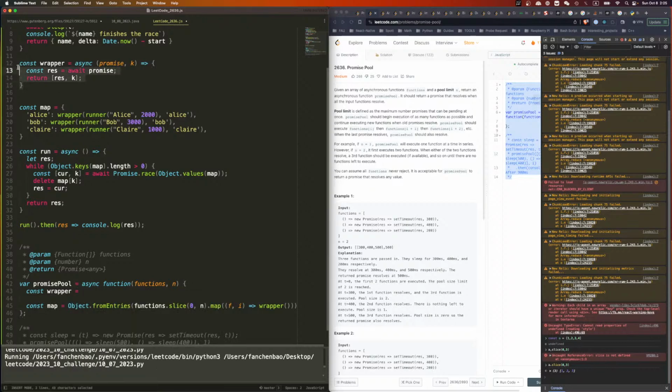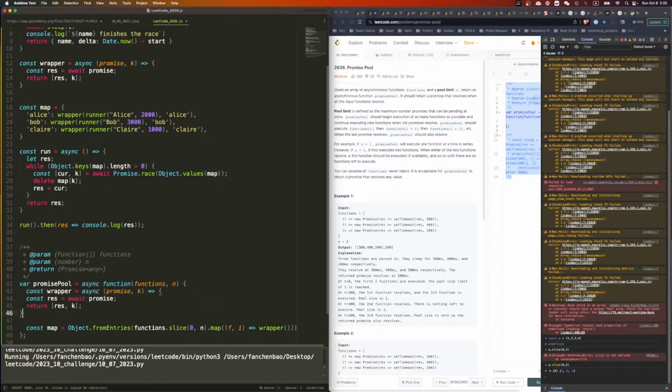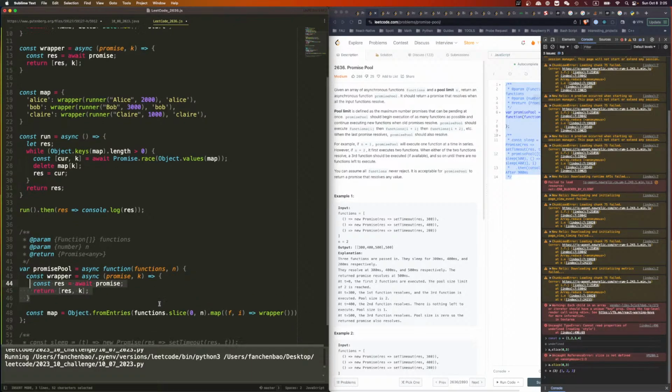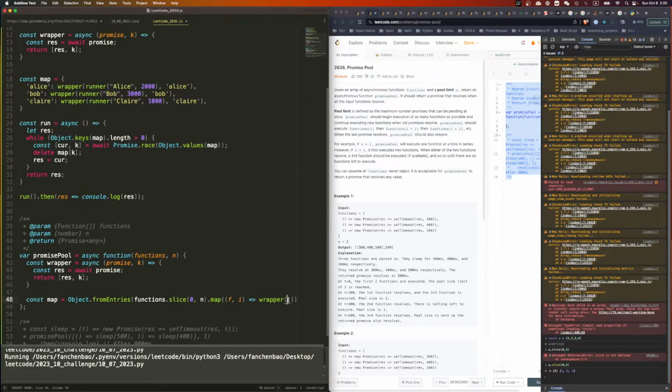I can just copy and paste this. I like this wrapper. Okay, that's a wrapper. And then I'm going to return